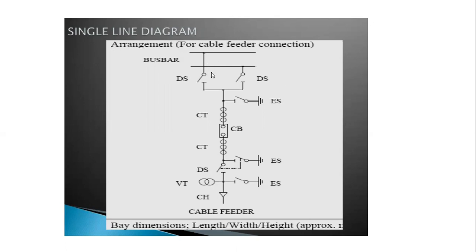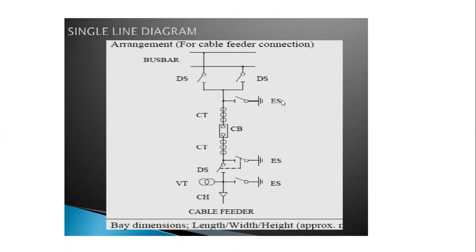In this diagram, in the gas insulated substation, we are using the double bus bar system. This is bus bar 1 and this is bus bar 2. These two bus bars are combined by using these disconnect switches. If a fault occurs on any one of the buses, that switch is closed automatically and the remaining switch is opened, so the total load is borne by the healthy bus bar during the faulted condition. This is the main use of the double bus bar system.